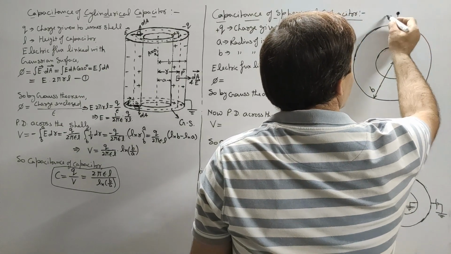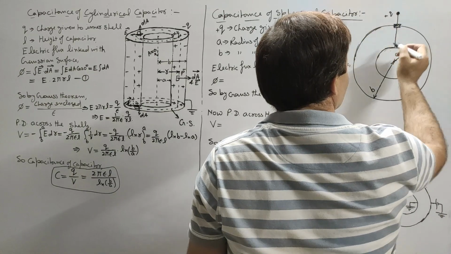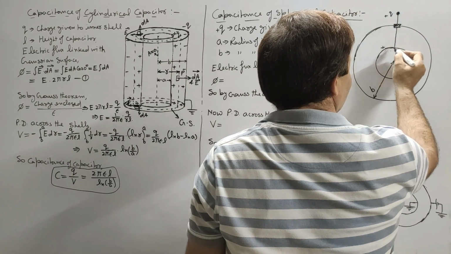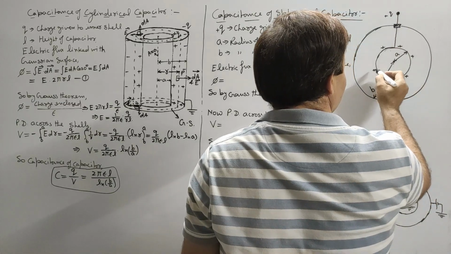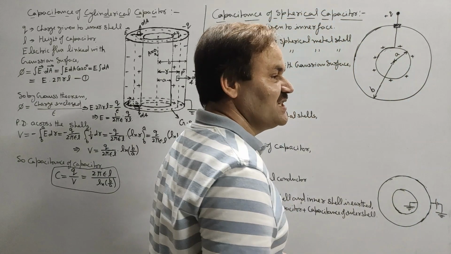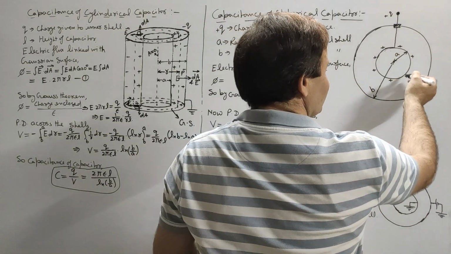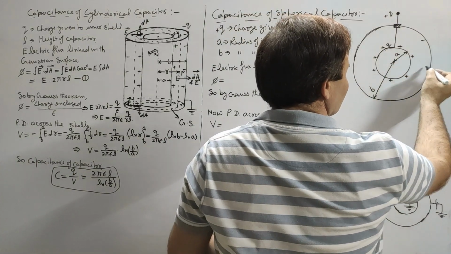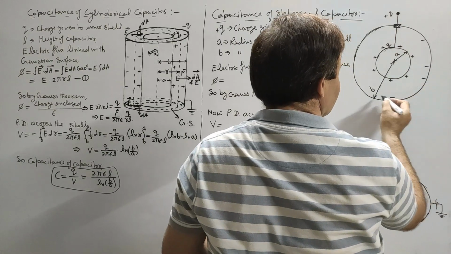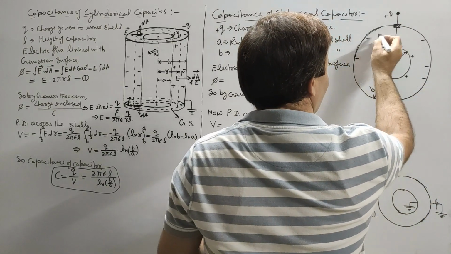And if the charge given is plus Q, then this plus Q will get distributed uniformly on the entire surface of inner shell, and this plus Q given to the inner shell will induce minus Q at the inner face of outer shell,